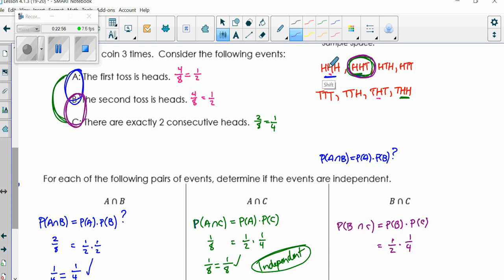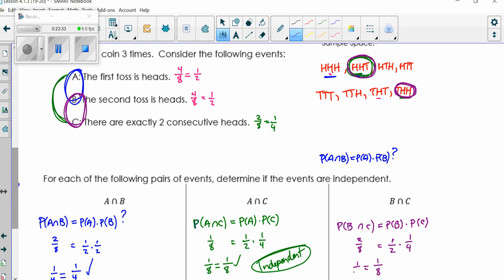What else do we have? That has the second toss is heads, but there's not exactly 2. This one has a second toss is heads, but there's not exactly 2 of them. This one has that the second toss is heads and there's exactly 2 of them. So that means there's 2 out of 8. Okay, that simplifies to 1/4, which equals 1 times 1 and 2 times 4, which is 8. So I have that 1/4 equals 1/8,